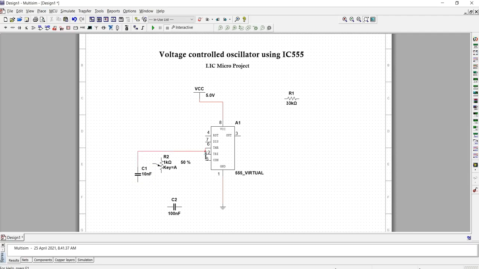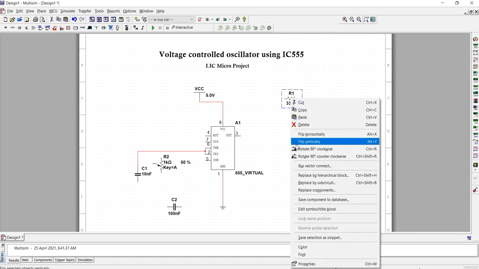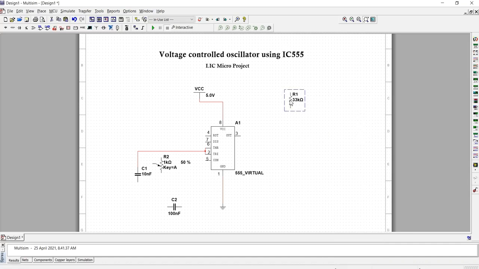Now make the resistor connection. First, rotate the resistor and set its position.